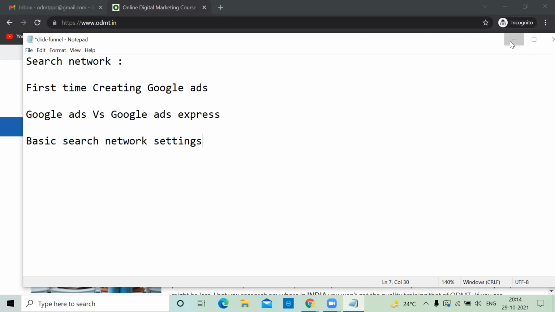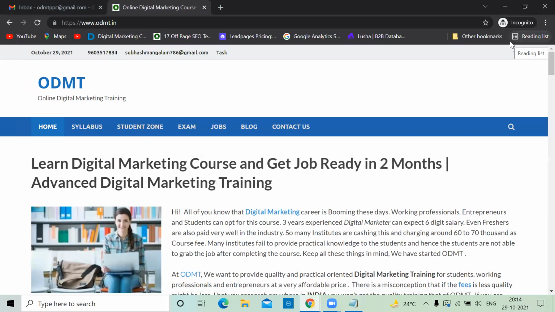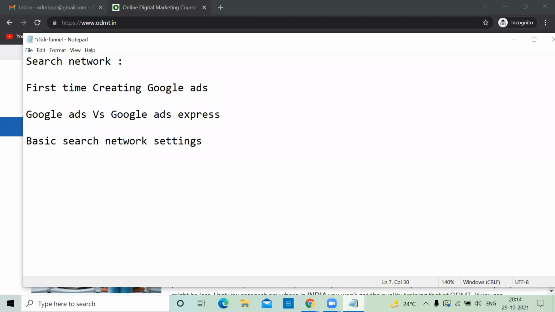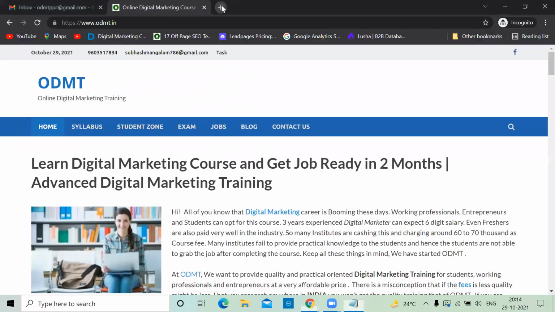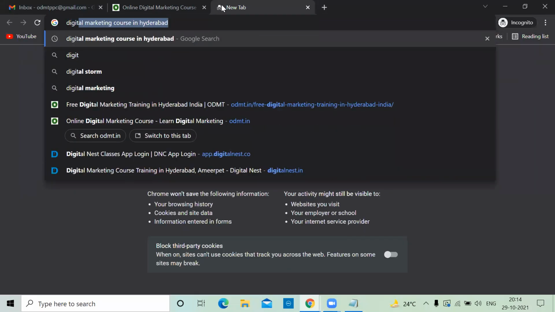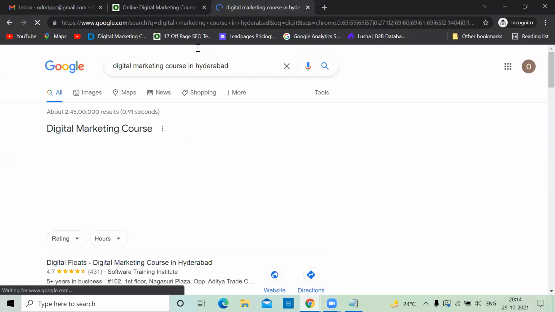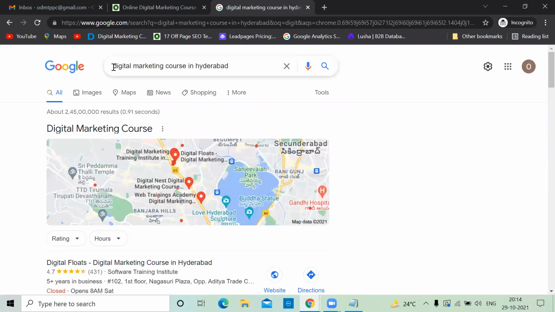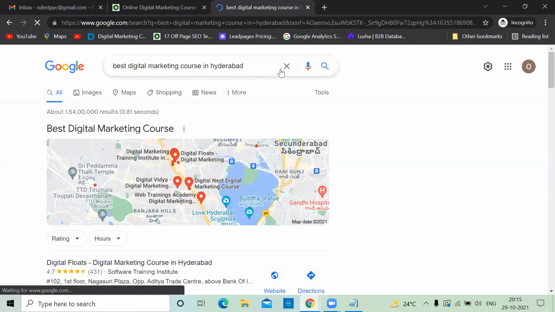Okay. We discussed in the previous class, there are different kinds of networks available: search, display, video, mobile app, and shopping. And this is the search one. Search means someone searching for a keyword, then immediately an ad is coming. Here ad is not there.